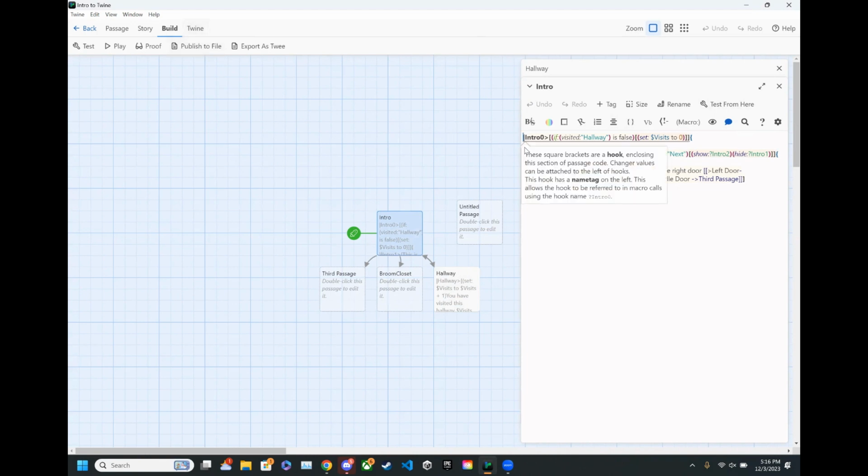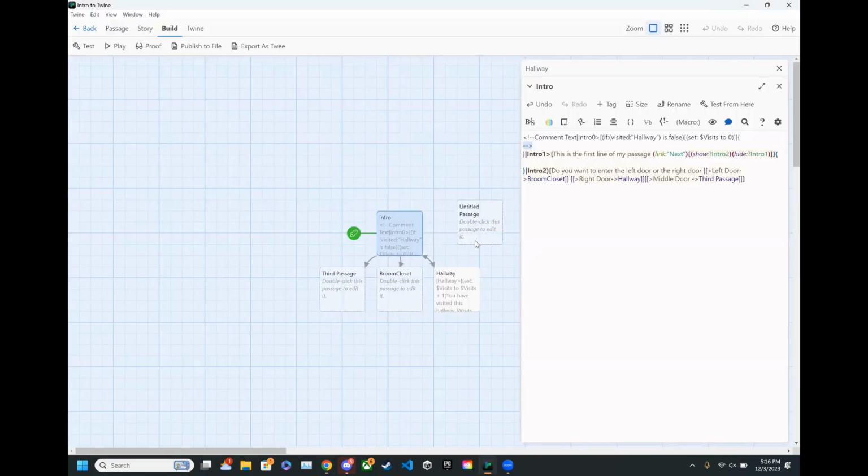I comment this out, and play, and we go to the right door, and then go back, and then go to the right door. Wait, it's working? Oh, it's because I commented out the entire thing. If we